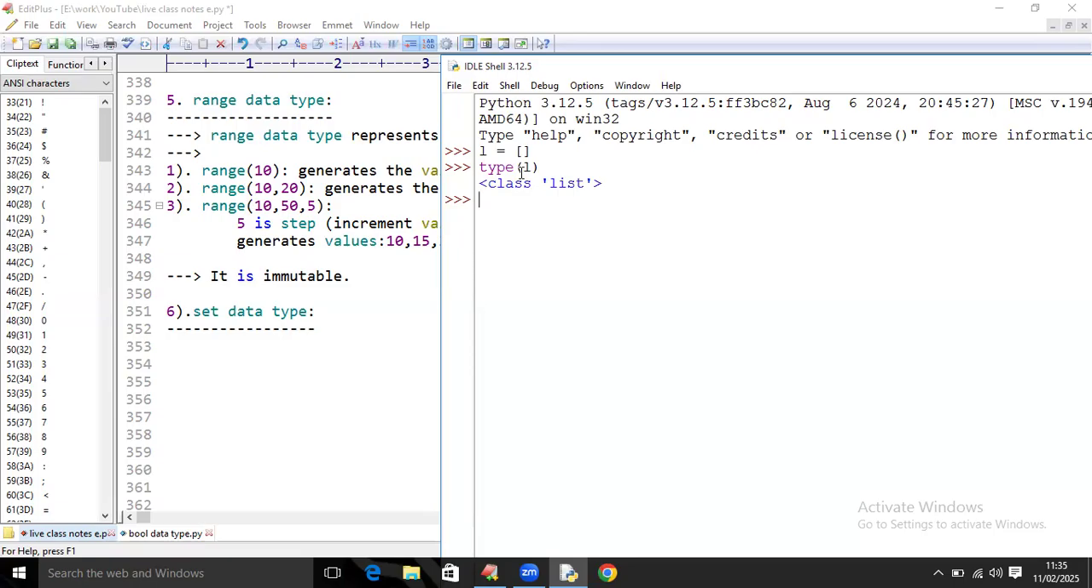Next, I want to give a tuple. A tuple is represented in parentheses, right? Now I want to know the type of T. Tuple. Okay. Next, how can I represent a set? s equal to